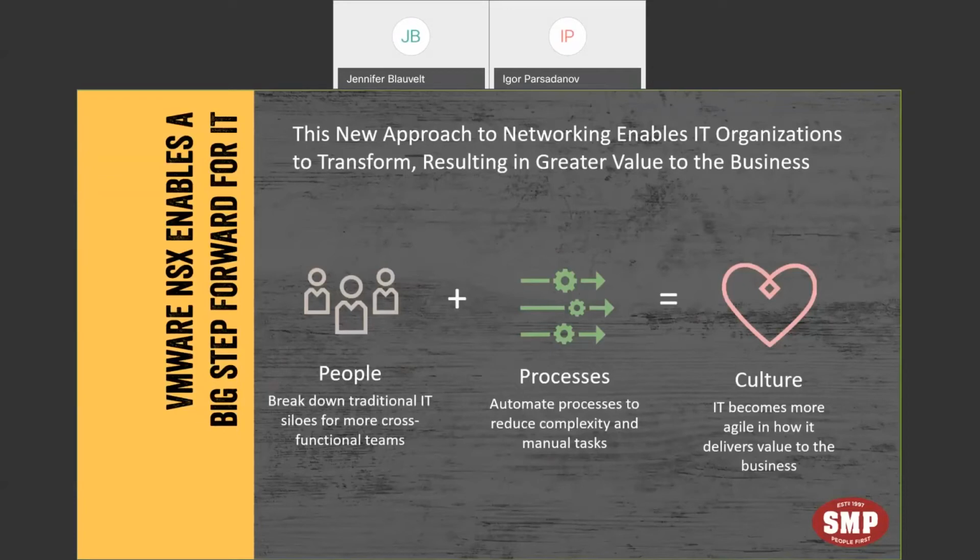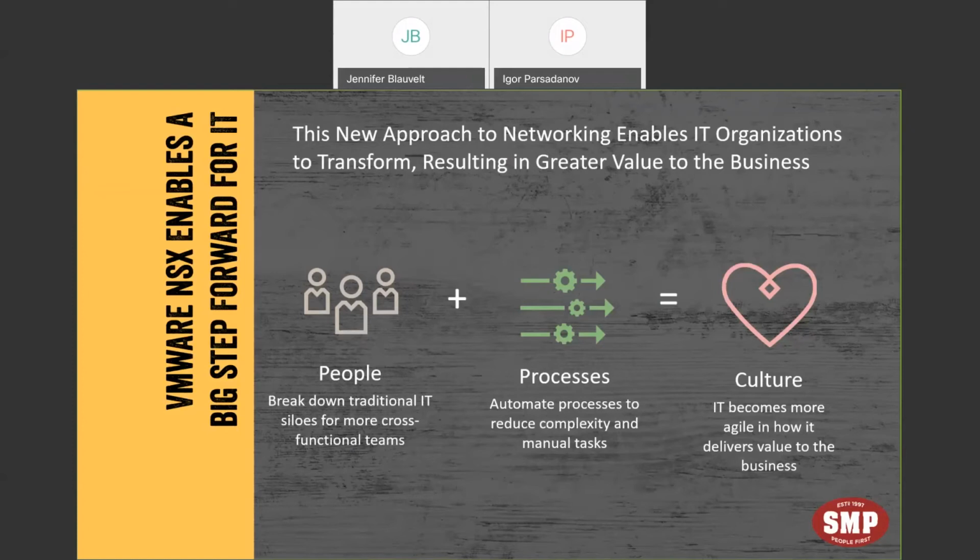Now, to be clear, this is not about VMware admins taking over the network. We still need network engineers to design and be responsible for the networking in the new era of network virtualization. Their skills are extremely important and needed even in the virtualized networks. NSX gives them the tools to be more efficient and agile.